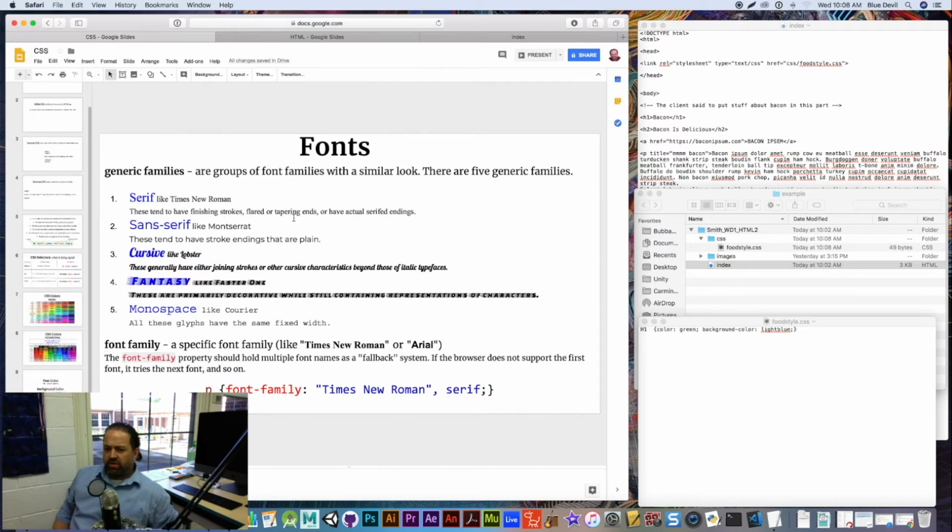Fonts. When you're adjusting fonts, there are two different types of font families. There are generic families, and there are 5 of them. There's serif, which tend to have finishing strokes and flared and tapered ends. You can see they're a little fancier looking. Times New Roman is a pretty famous serif, the one you use all the time. Then there's sans serif, which has plainer strokes without the ends on them, like this